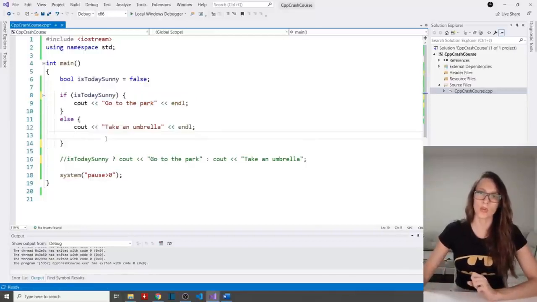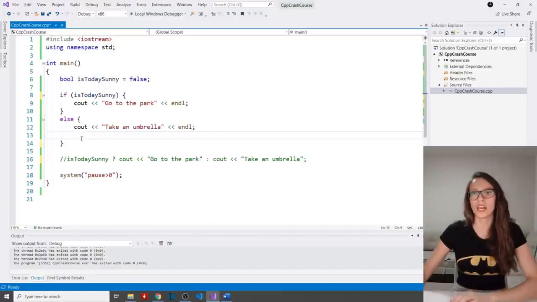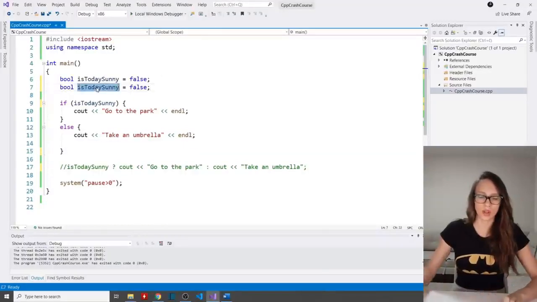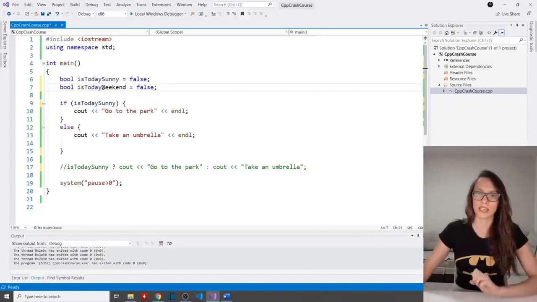Okay, and now I want to show you how you can bind and nest your if-else statements, meaning how you can make if and if else, and how you can make if or if else. In order to do that, I'm going to add another variable, and let's call that variable, for example, is today weekend, like this.